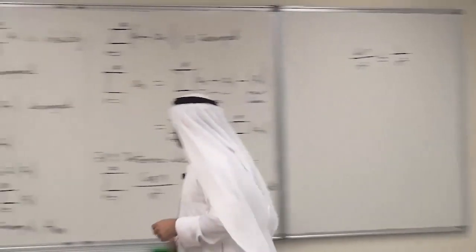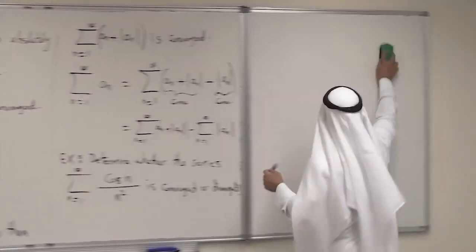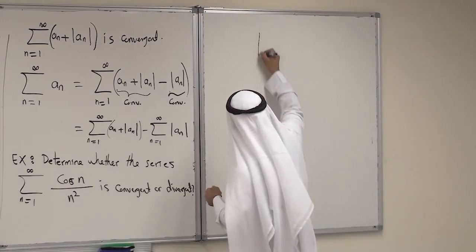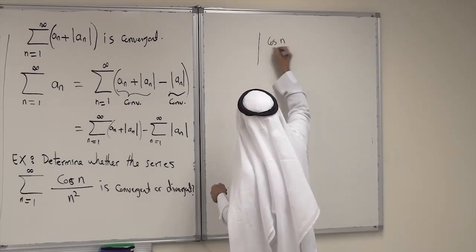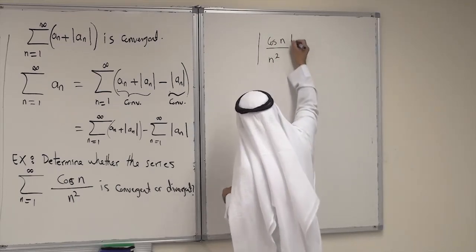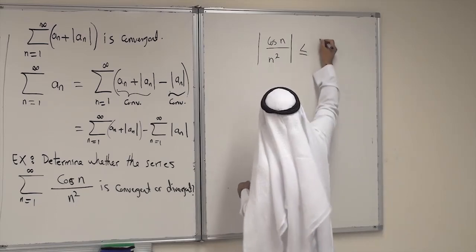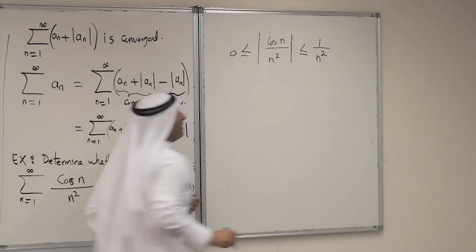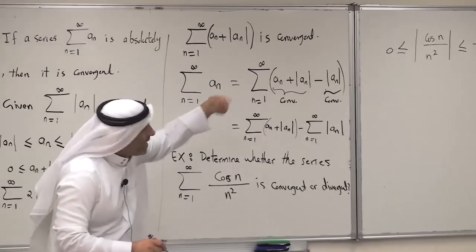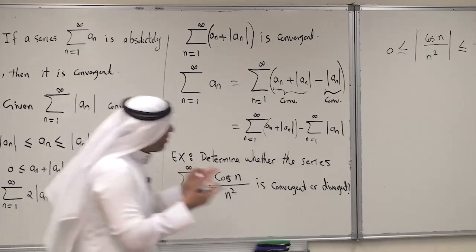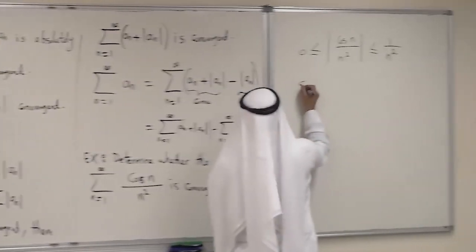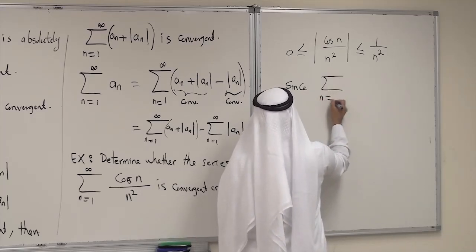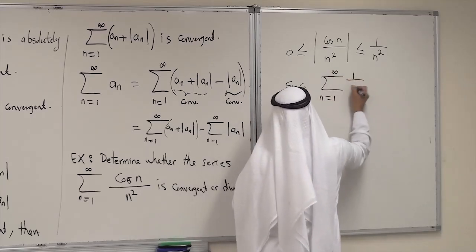So what should we do then? Simply, we need to take the absolute value. I will take the absolute value of cosine n over n squared, and I know that this is less than or equal to 1 over n squared, but at the same time, I know that this is greater than or equal to 0. So, after taking the absolute value, now we can use the comparison test. Now, the comparison test says, since the summation of n equal to 1 up to infinity of 1 over n squared